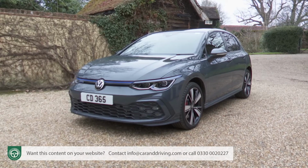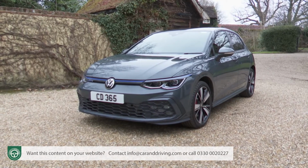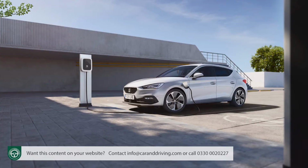Well, only this single level of trim with the Golf GTE anyway. Volkswagen also offers much the same PHEV powertrain in a detuned 204 PS form in the alternative, rather less sporty looking Golf E hybrid model, which is slightly more affordable, priced from around £33,000 and also offered in a single state of trim. This allows the Golf to compete directly with e-hybrid 204 PS versions of Seat Leon and Skoda